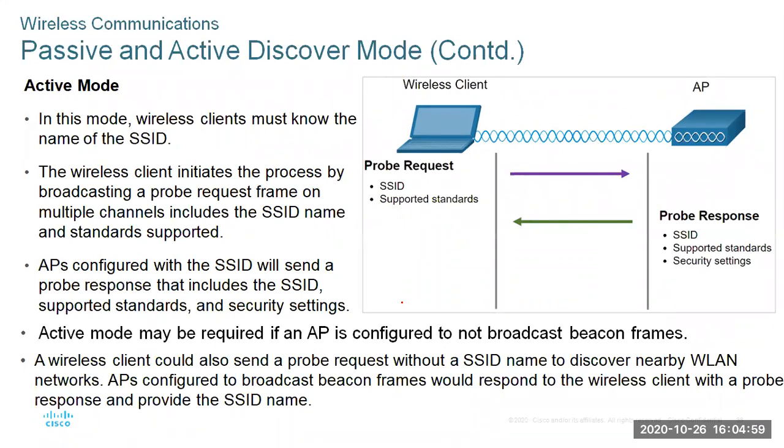In this mode, the wireless client must know the name of the SSID. So the wireless client initiates the process by broadcasting a probe request frame on multiple channels to include the SSID name. Sometimes you use what they call a hidden SSID, so you have to type the name on your system, and that's what is going to be requested. The APs configured with the SSID will send a probe response that includes the SSID, supported standards and security